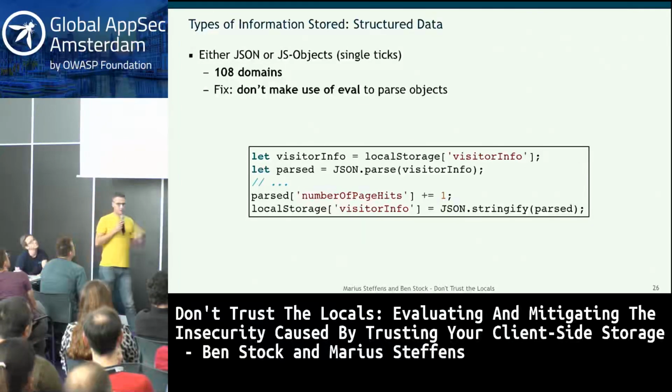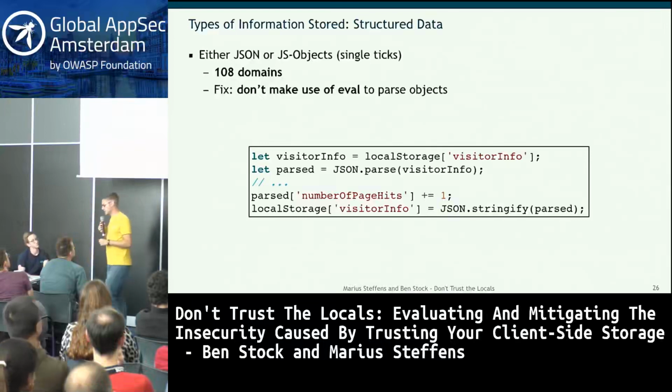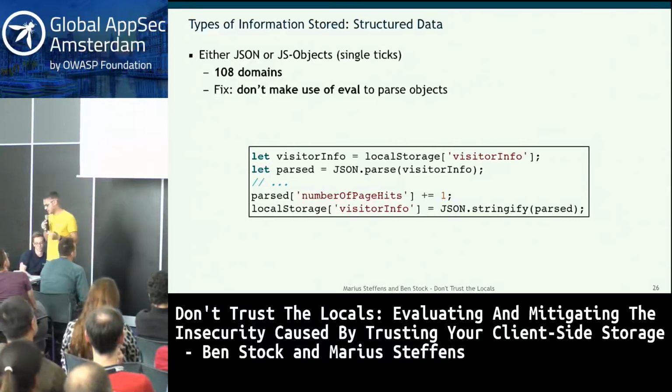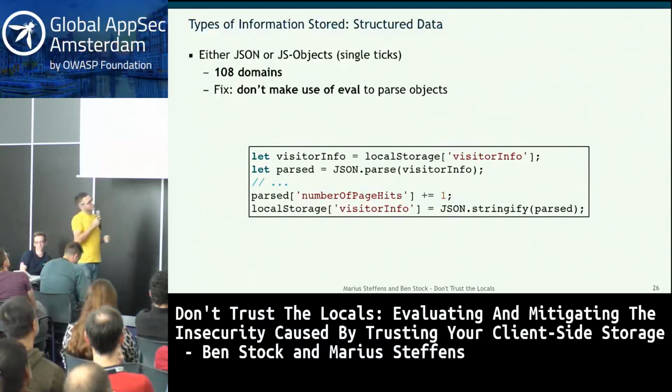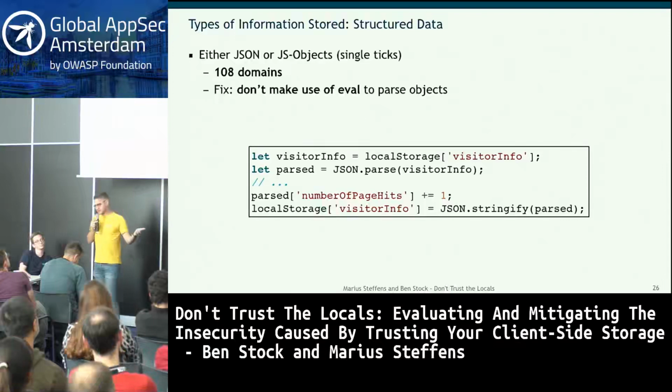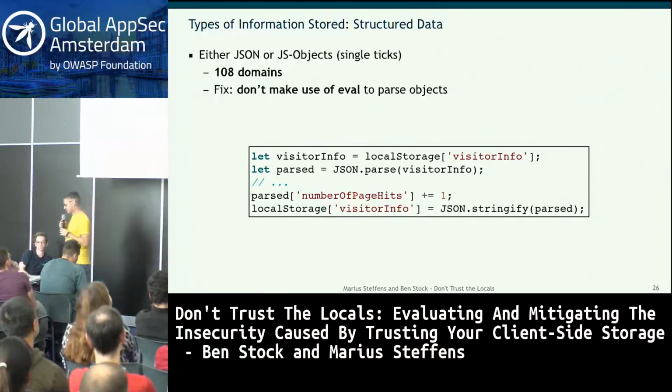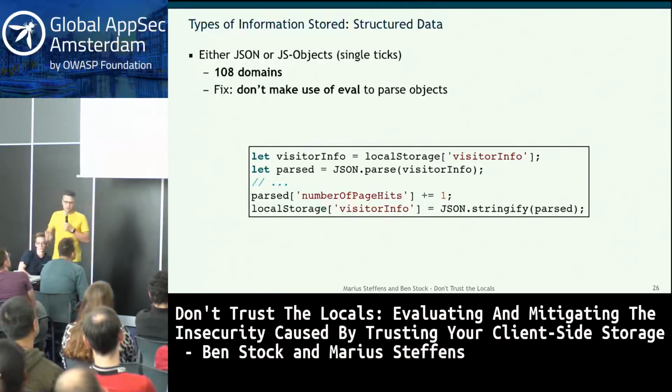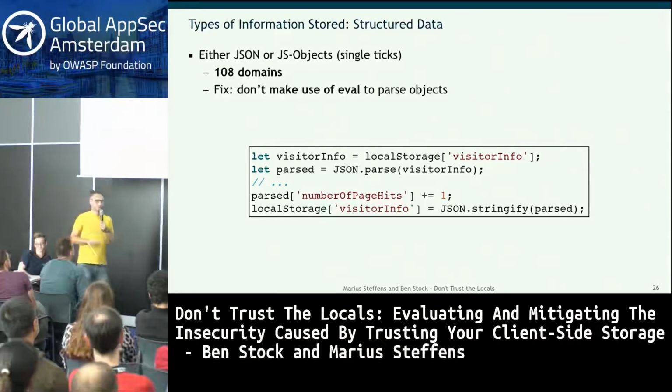So this works well for anything that has been properly generated from JavaScript or a proper JSON library. So if you find these occurrences in your website, then just go the easy way and make sure that it's JSON that is in there, not some weird JavaScript objects. And in general, well, don't make use of eval, especially not with something that could be controlled by an attacker. But then it's somewhat obvious.